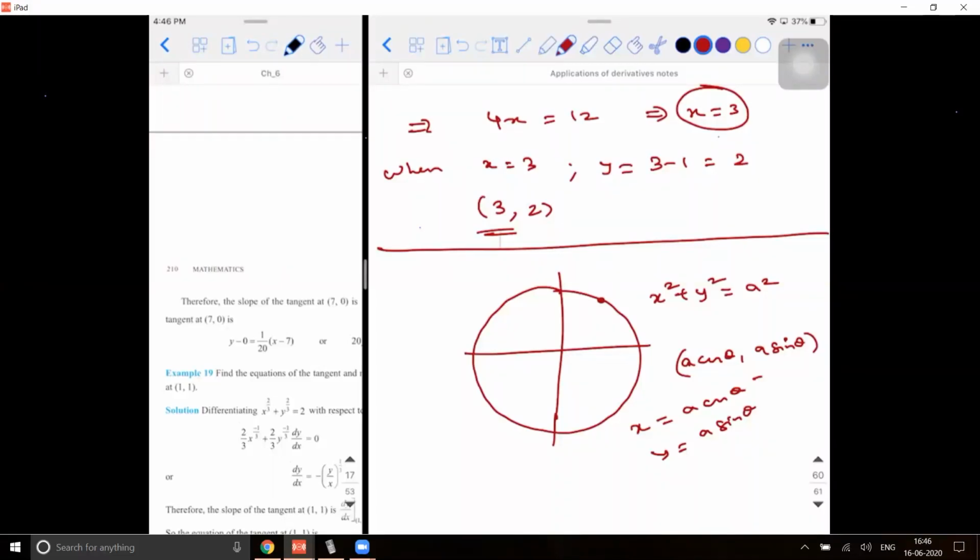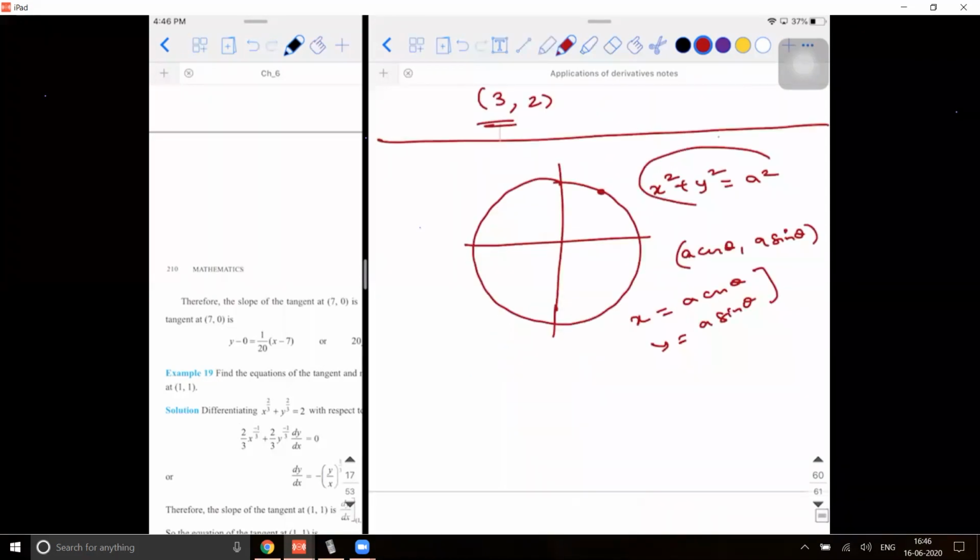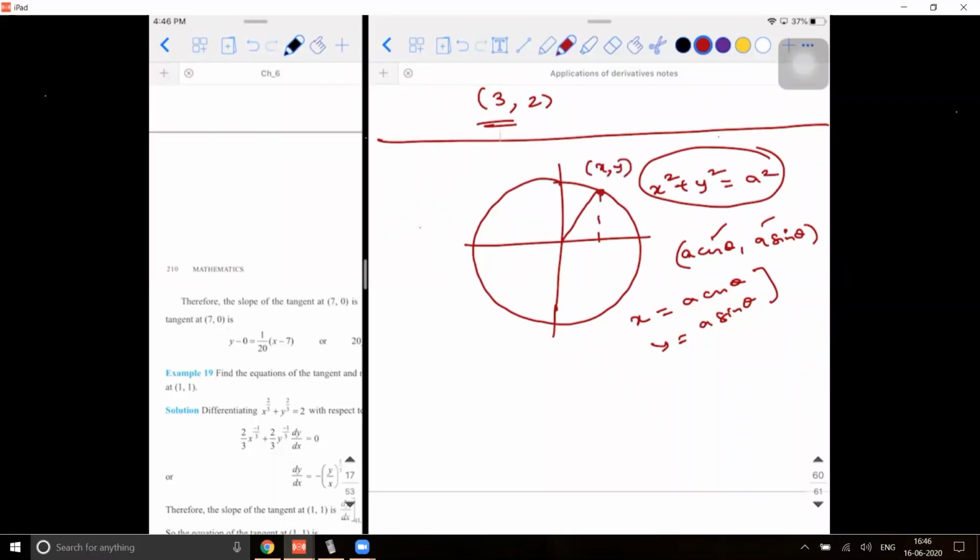Because if I solve this, what will I get? Suppose I get x square plus y square is equal to a square. If you people are wondering what is a parametric equation, it is very simple. See, if I take the coordinate of this point to be x comma y, and this is the radial vector making an angle theta, then this distance will be x and this distance will be y, and this is the radius of the circle. If I ask you x by a, what will you say? Basic trigonometry, cos theta. Similarly, y by a is equal to sin theta. So that is why I wrote x is equal to a cos theta and y is equal to a sin theta.